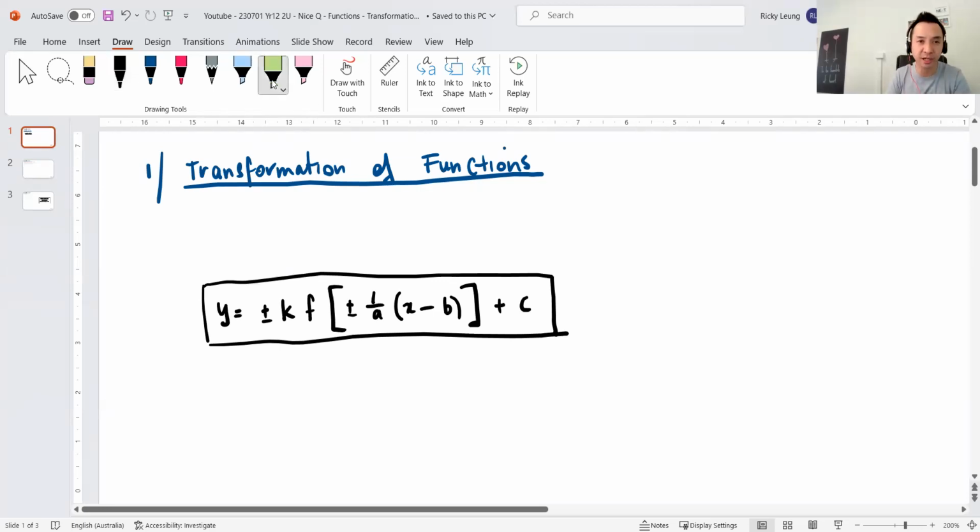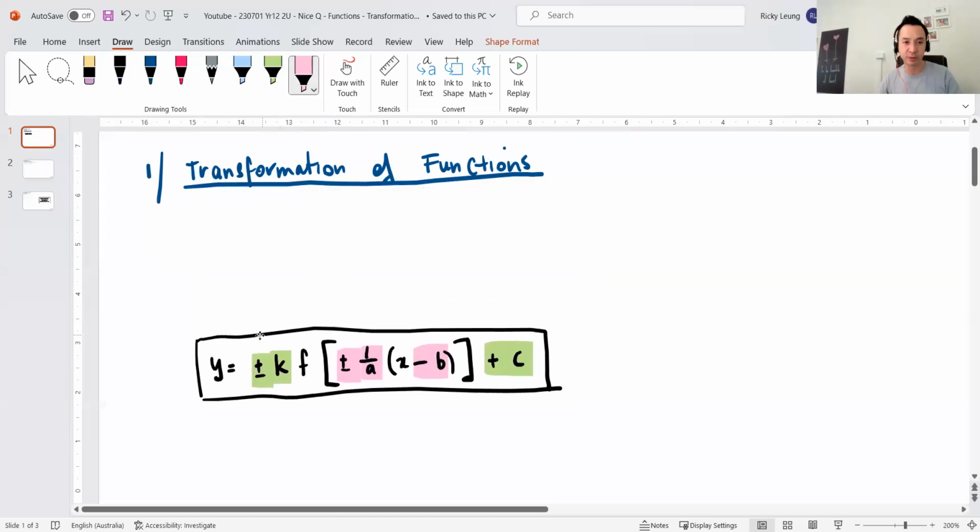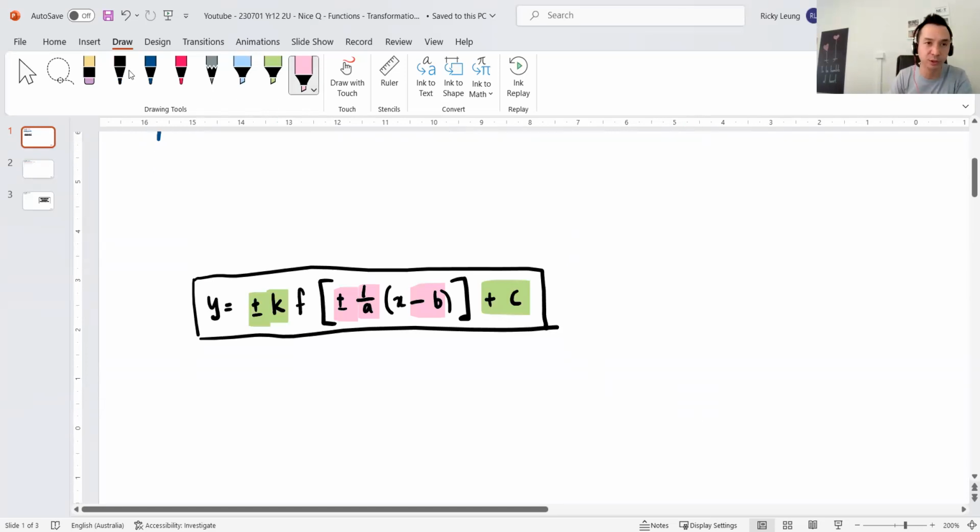All right. So what I'm going to do is highlight for you 3 things outside of the function, and then 3 things inside the function itself. The way I always describe it to my students is the ones outside of the function are all related to vertical transformations. So you have this guy over here, which I'm going to call number 1A. If you had to describe the transformations, I always do this one first, where this one represents a vertical reflection